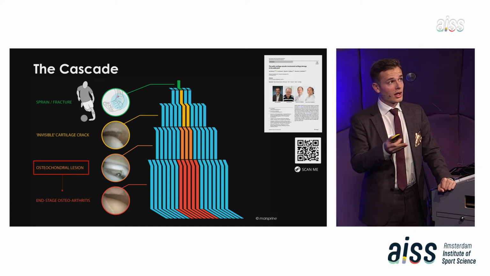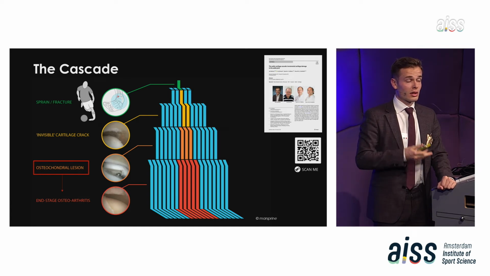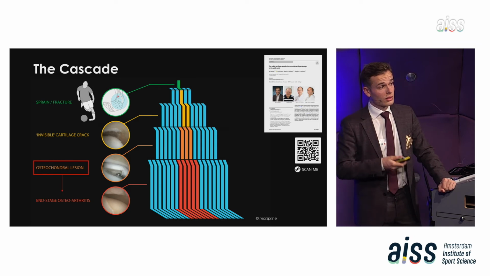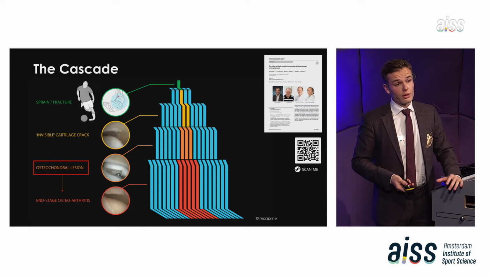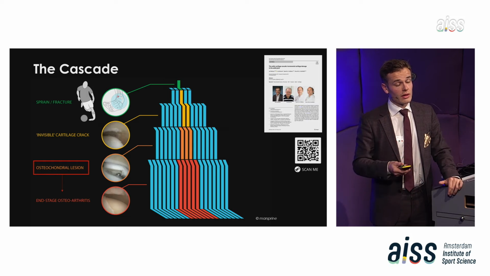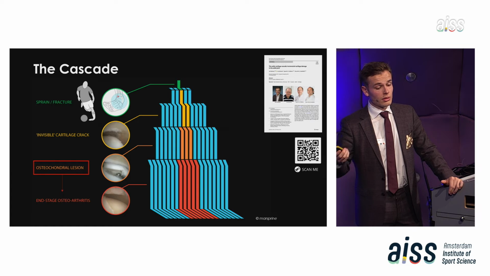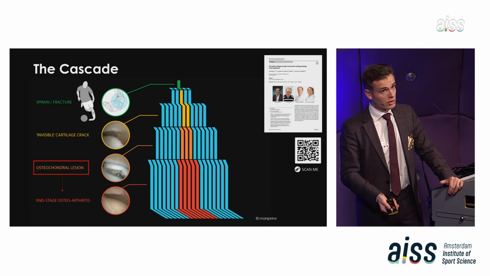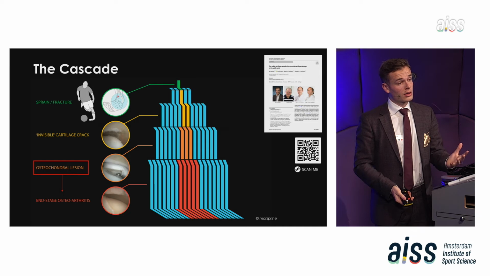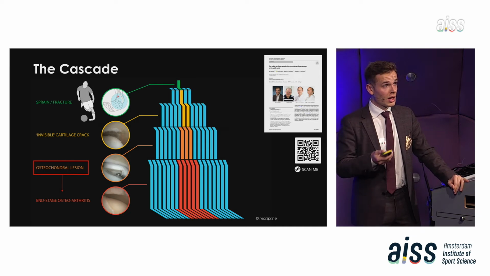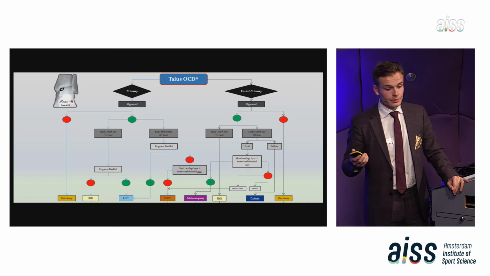And as Sjoerd mentioned, cartilage is aneural and avascular. It's really difficult to regenerate and to have it grow back over time. That's why our evolution has been to also focus, or mainly focus, on the bone part of the osteochondral lesion. So the latter part of the talk will mostly be about osteochondral lesions, so that's the combined cartilage damage and the bone damage underneath, in which we focus mainly in our clinic on the bone part of it.